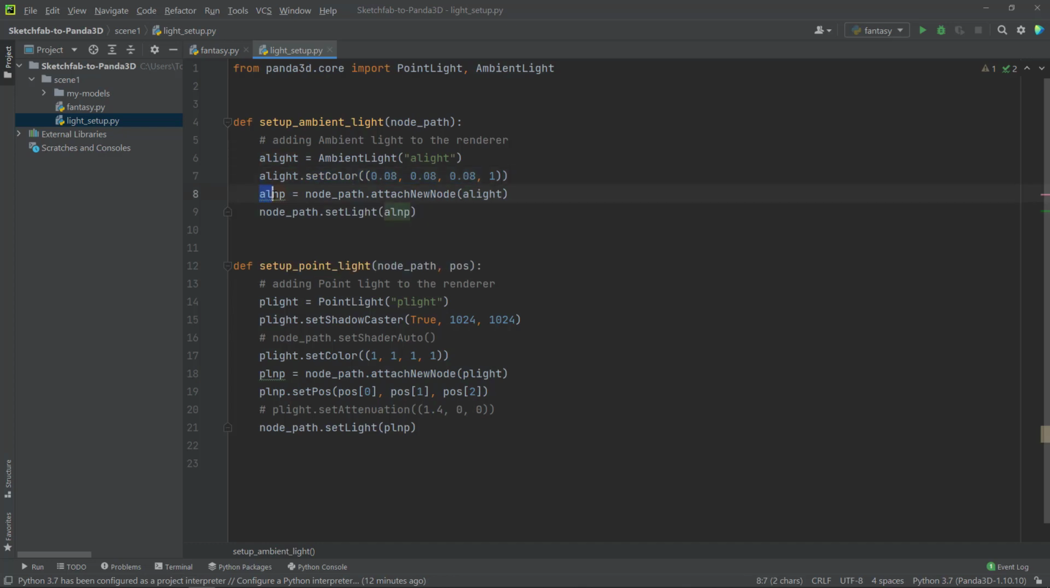We are creating an ambient light notepad, and to the notepad we are attaching this ambient light node. And we are also setting on the notepad the set light to ambient light notepad. In the setup point light, it takes 2 arguments, the notepad and also the position. So for ambient light we don't have to set the position because it doesn't need the position, but a point light